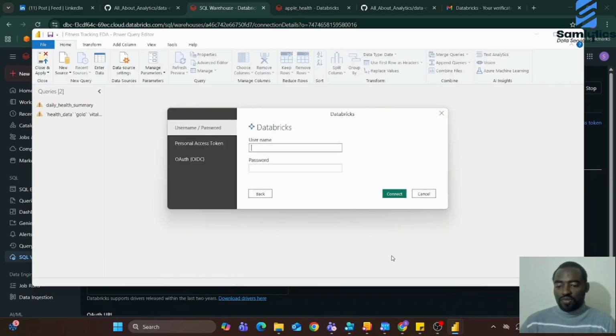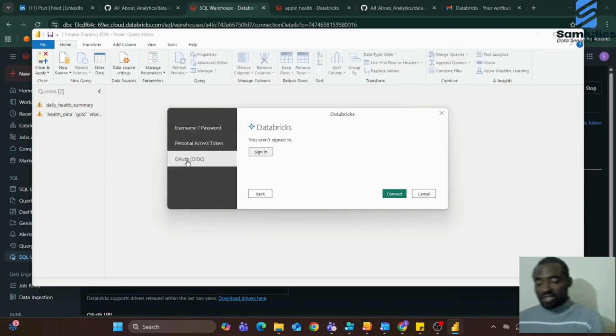So it will ask you for your username, your password, and all those things. If it asks you for that, just come here to your OIDC, yes, that's the authentication. You aren't signed in, so just sign in. Once you click sign in, okay, it has sent. So let me say sign in as different user and see if that would bring up